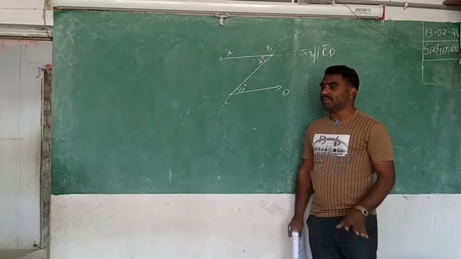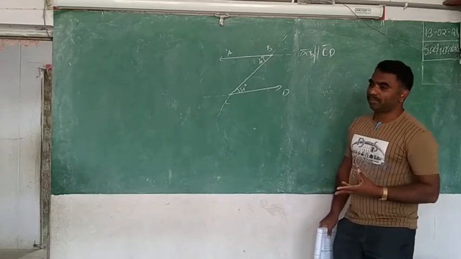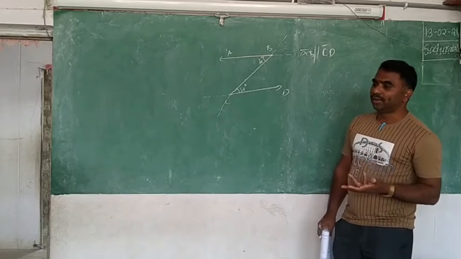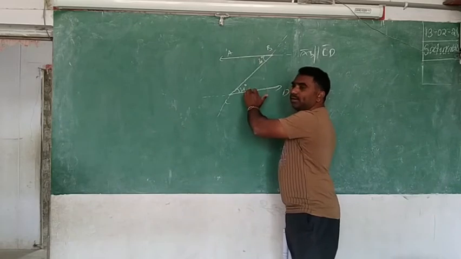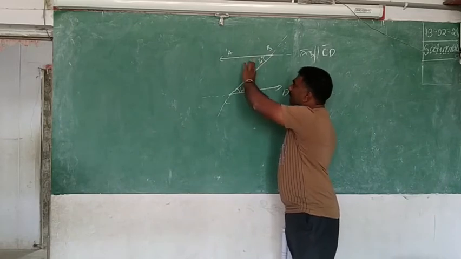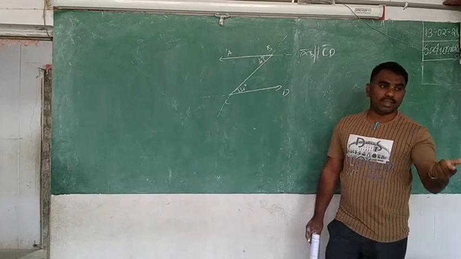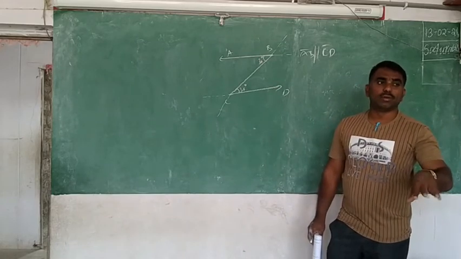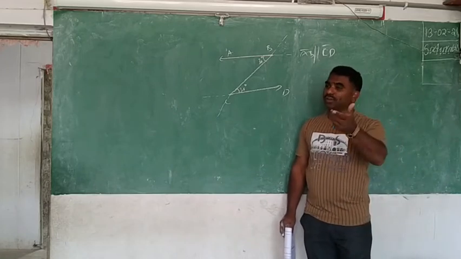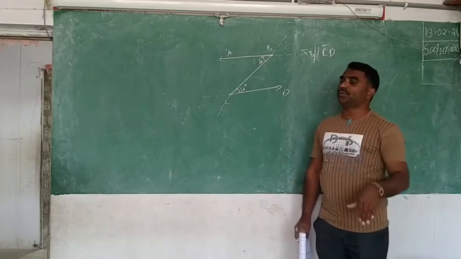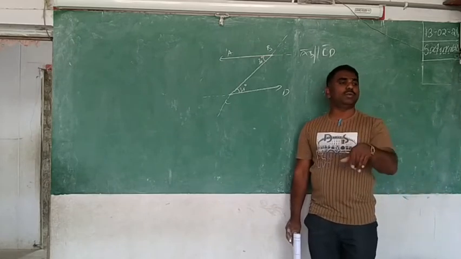Okay. What did I say first? First observe which angles I am going to name, means which pair I need to find. Here we are not discussing all angles, only these two are important. I am checking these two angles. The first question in your mind: are they interior or exterior? Both interior, or both exterior. Then the second question: same side or opposite side? Same side means same side angles. Opposite means alternate angles.